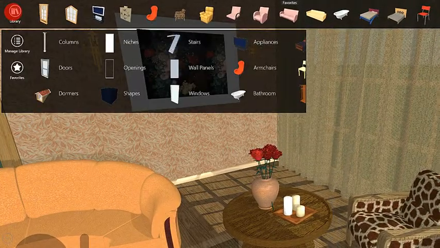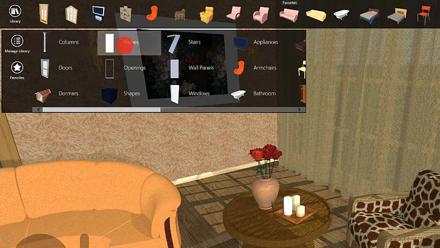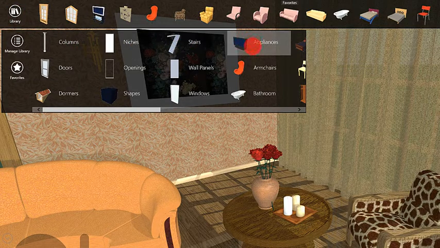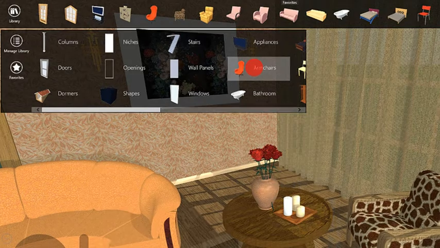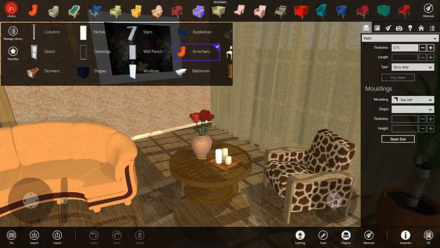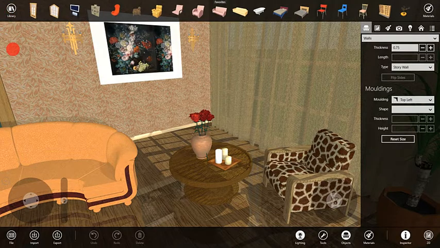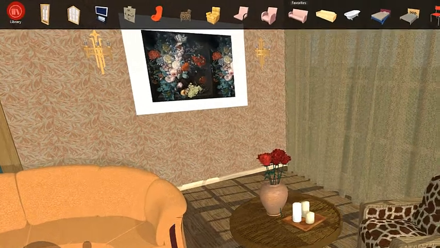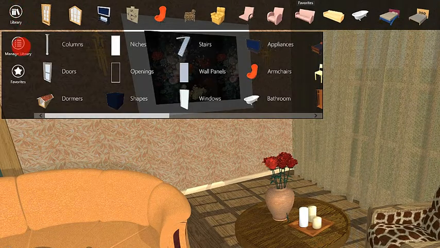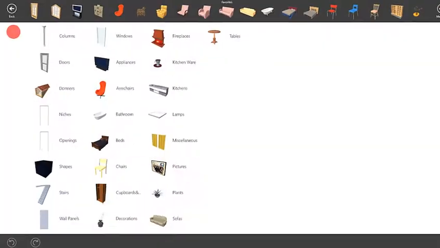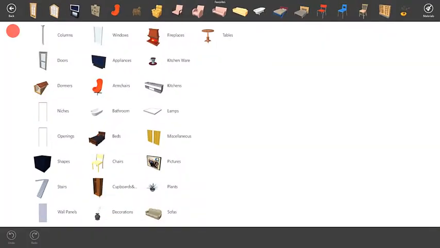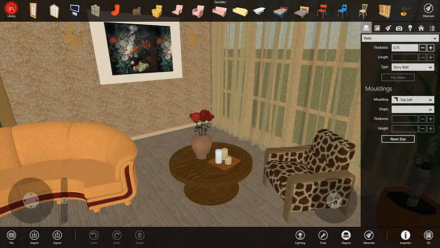To use objects from any category, simply click on it. Objects from the selected category will be shown on the palette. Let's choose armchairs. In order to display the Favorites category on the palette again, click the Favorites button. The Manage Library button brings you to the part of the program where you can customize the object library. Here you can add more categories and rearrange objects between them. Please read the program documentation for more details on this process. To return to the project, we can use the Back button.